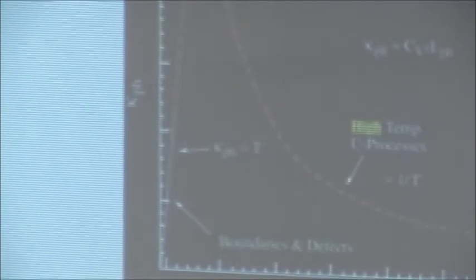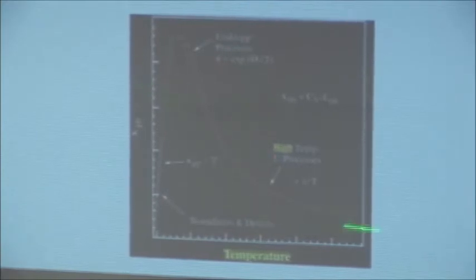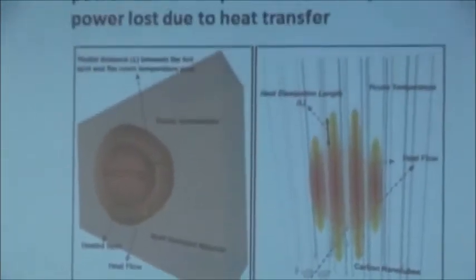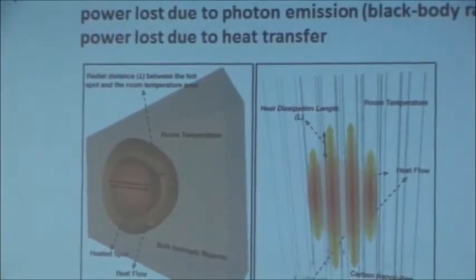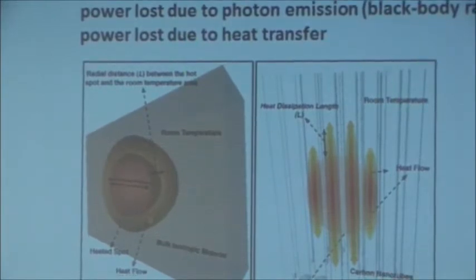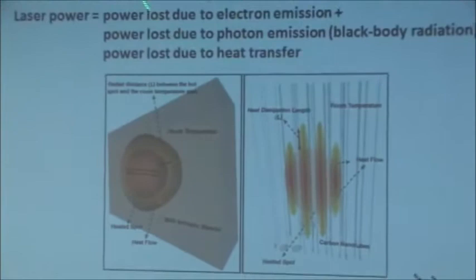In nanotubes, there are some reports in the literature where you see an even faster drop, of the nature of 1 over T squared. So it's even a faster drop. And this report is limited to almost 800 degrees C in range of temperature, because it was done in air, and beyond that, nanotubes are destroyed in air. But we sort of assumed the same behavior extending all the way to very high temperatures. So in this third term here, if you put thermal conductivity as a function of temperature also, then you can solve this whole equation and try to find the temperature